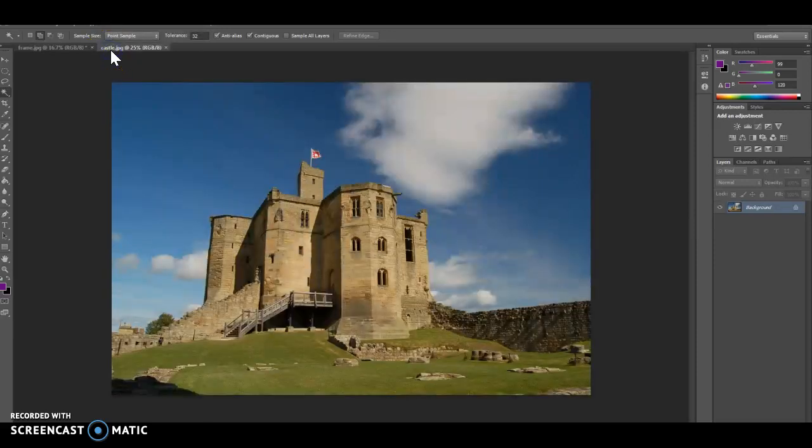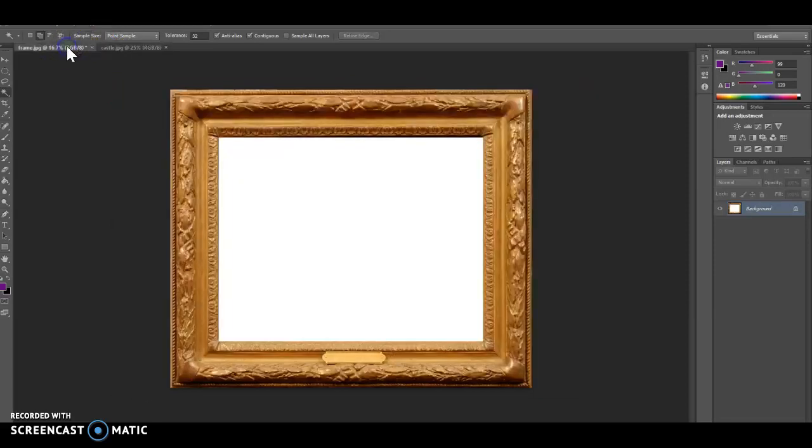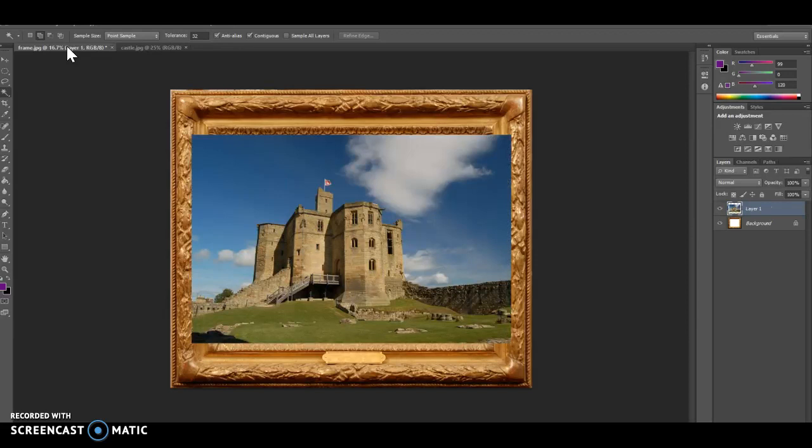and then go to the picture with the castle and you want to select the whole thing. So Command A to select the entire picture, and then you want to copy it, so Command C, and then go into the picture with the frame and copy it over, so Command V, and you can see that it does this. And this isn't exactly what we want because it doesn't look like the picture is perfectly into the